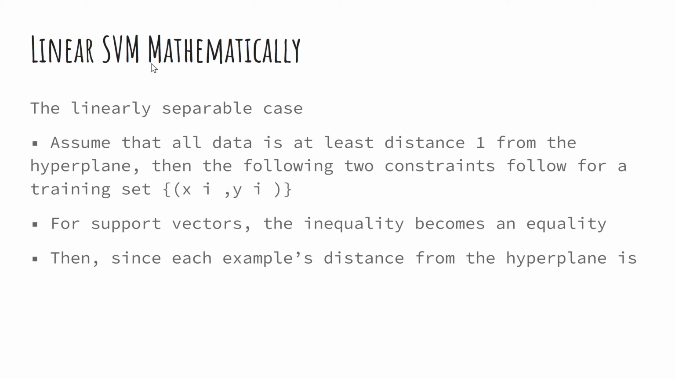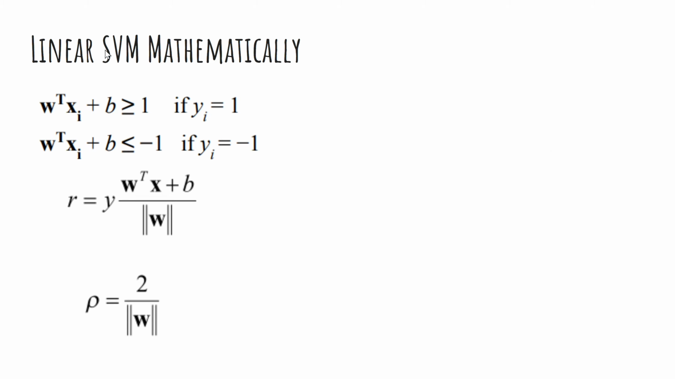Linear SVM mathematically, the linearly separable case. Assume that all data is at least distance 1 from the hyperplane, then the following two constraints hold for a training set x_i, y_i. For support vectors, the inequality becomes an equality. Then since each example's distance from the hyperplane is